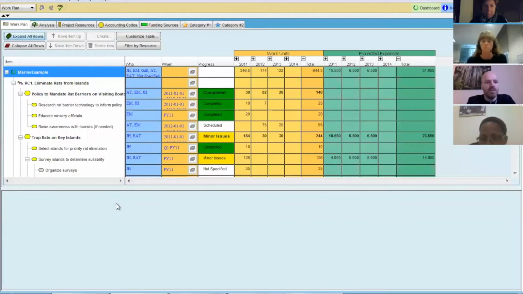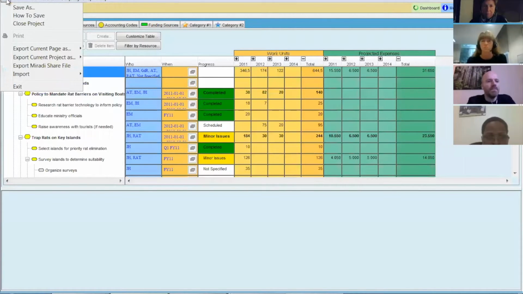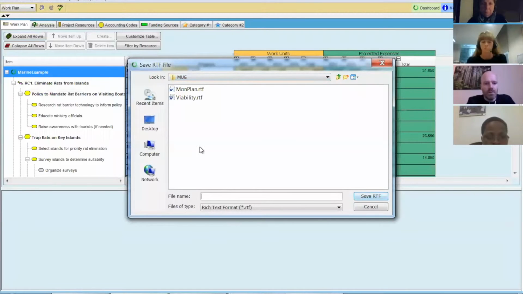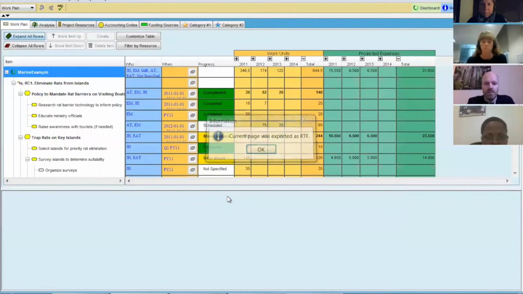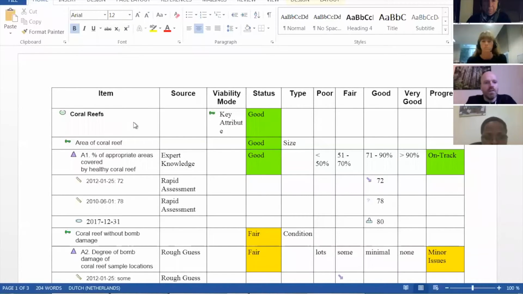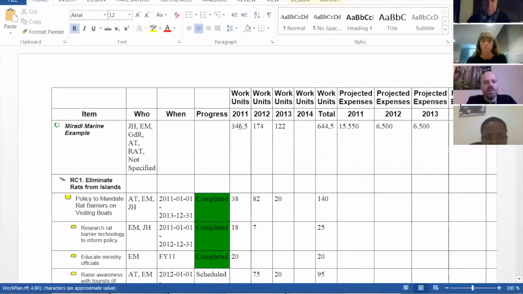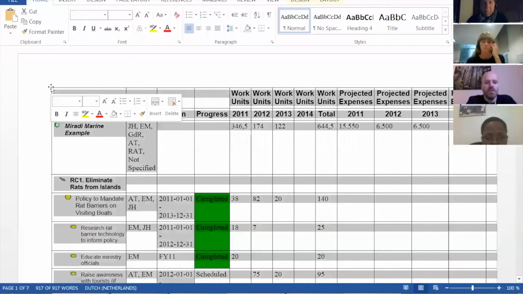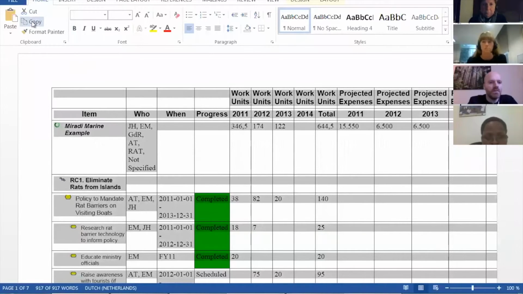Another way to do this, I go back to Miradi, and you go File, Export Page As, and you export it as RTF. So I'm going to export the work plan as RTF. Done. Open it in Word. So here's the same table, but in Word. Now I'm going to select it all. So I've selected the whole table, and I go Control C, or whatever you'll do, copy, and I'm going to go back to Excel,